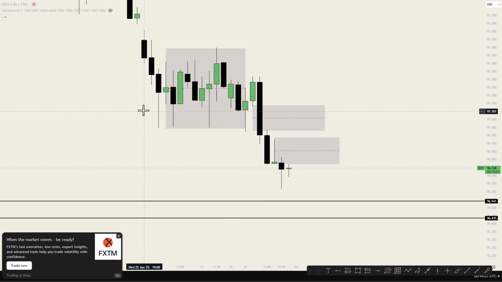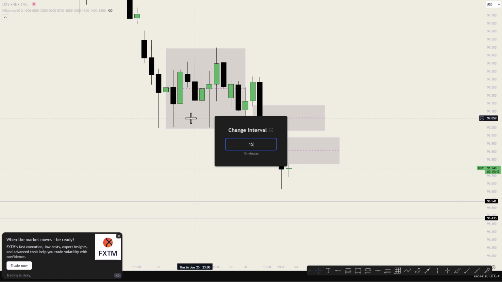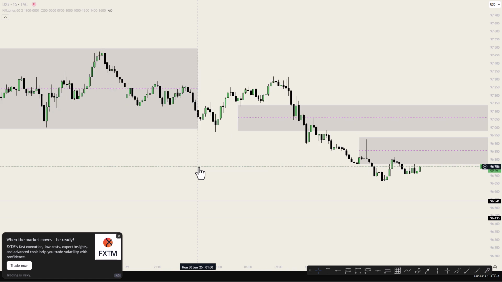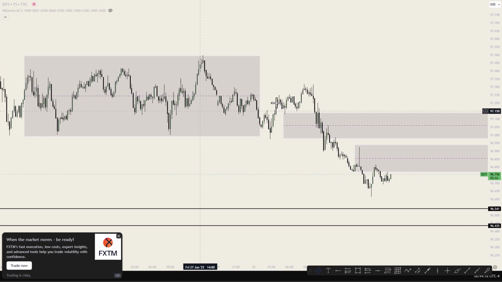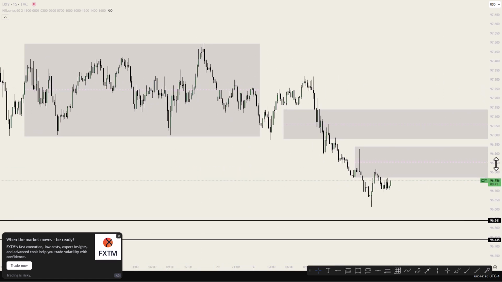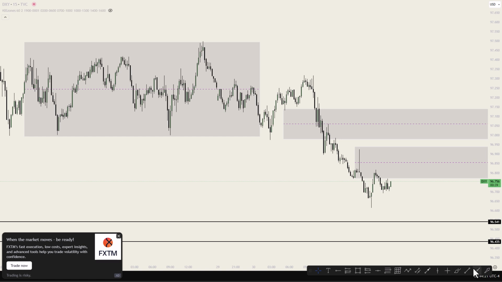Let's go to the 15 minutes time frame and see what it is doing on the dollar index. On the 15 minutes time frame, we see this is our massive consolidation, and then inside the consolidation we have a price range. What is the price range? We see price sweeping this high, and also creating a daily range at this low, at this level,